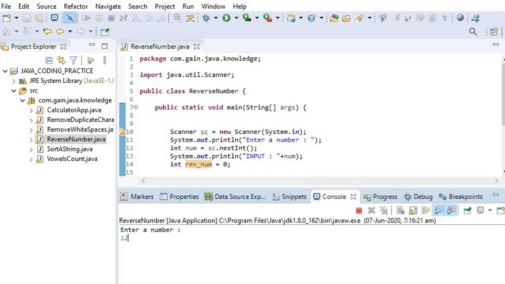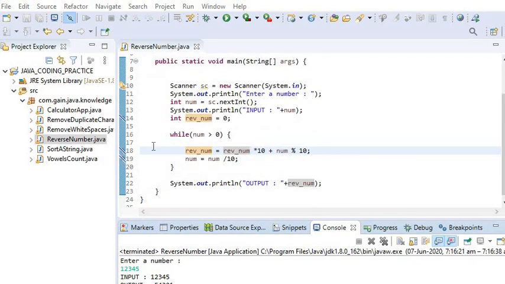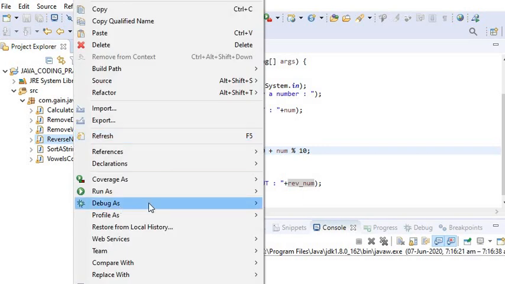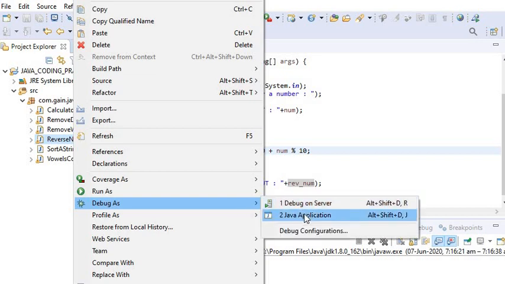Here I will enter 1 2 3 4 5, and you can see the output is 5 4 3 2 1. To see how this operation is performing, I will debug the code and show you how it's acting. Debug as Java application.